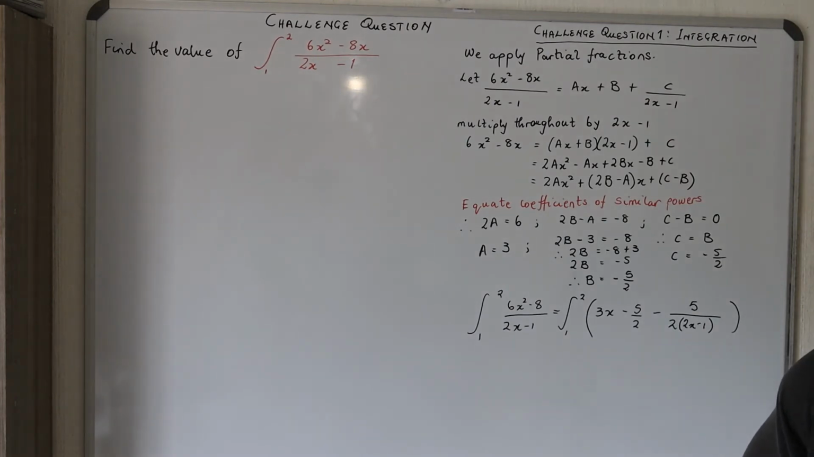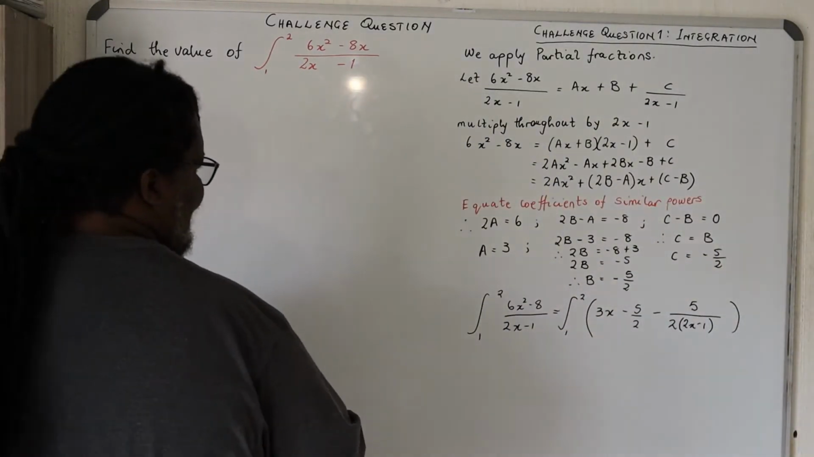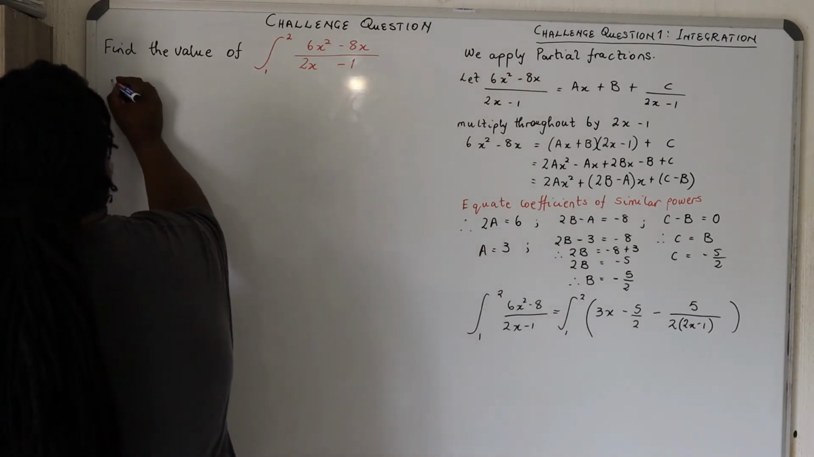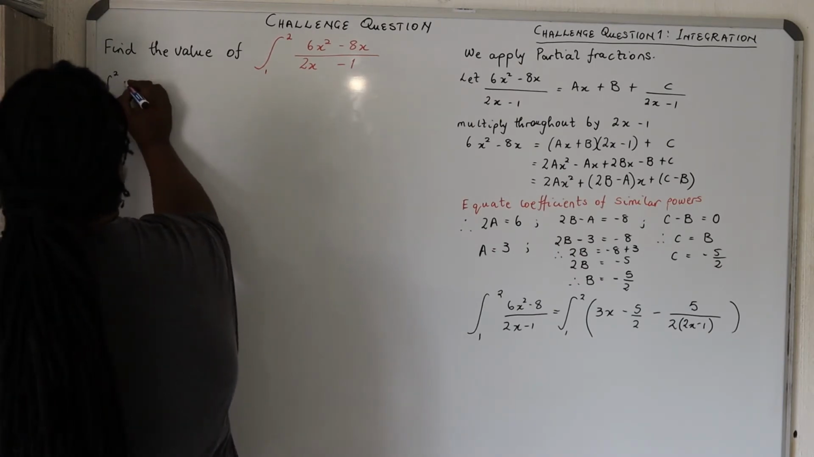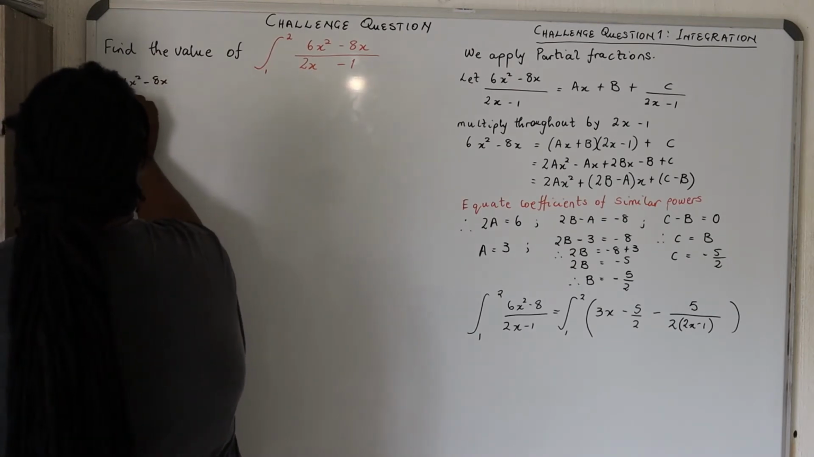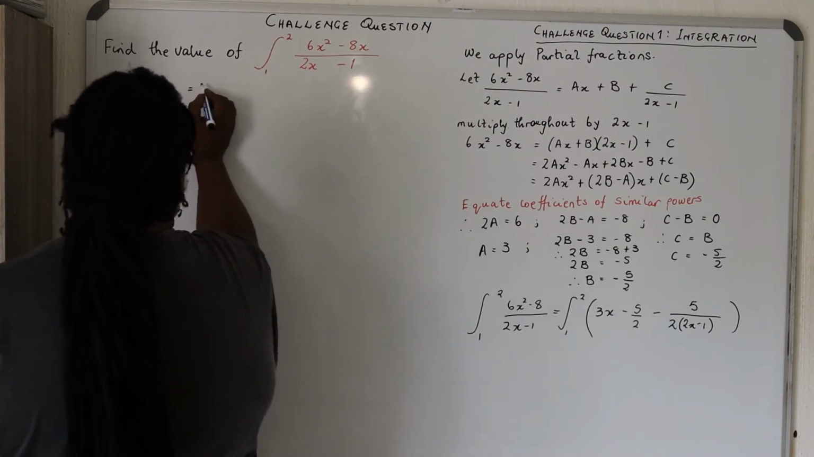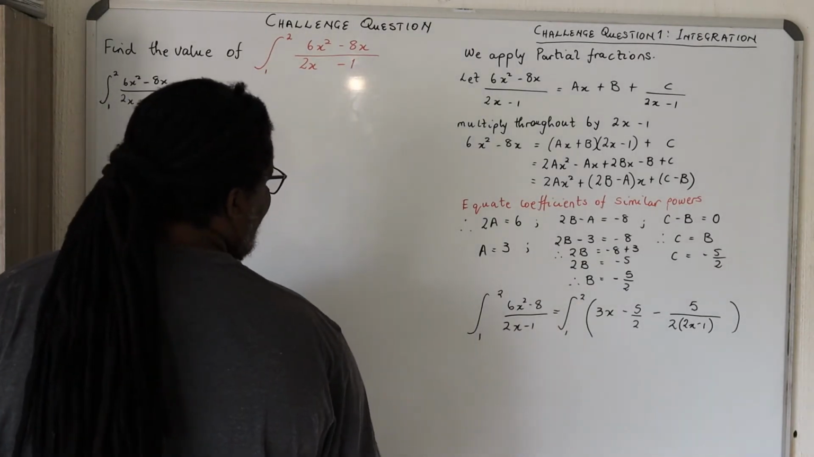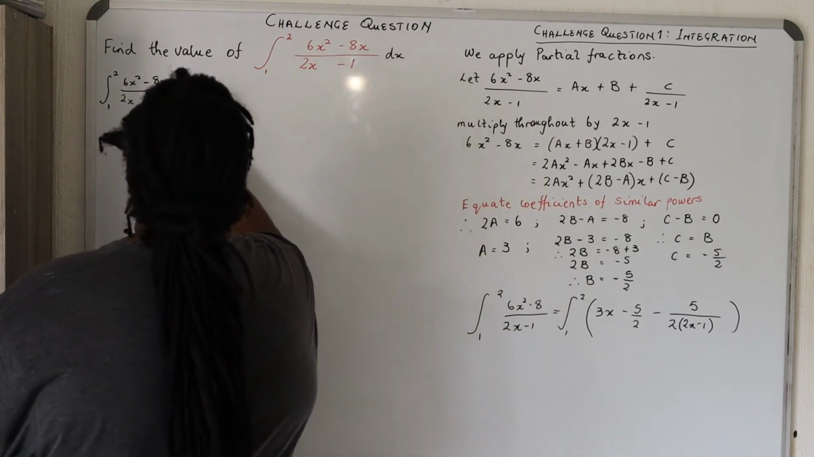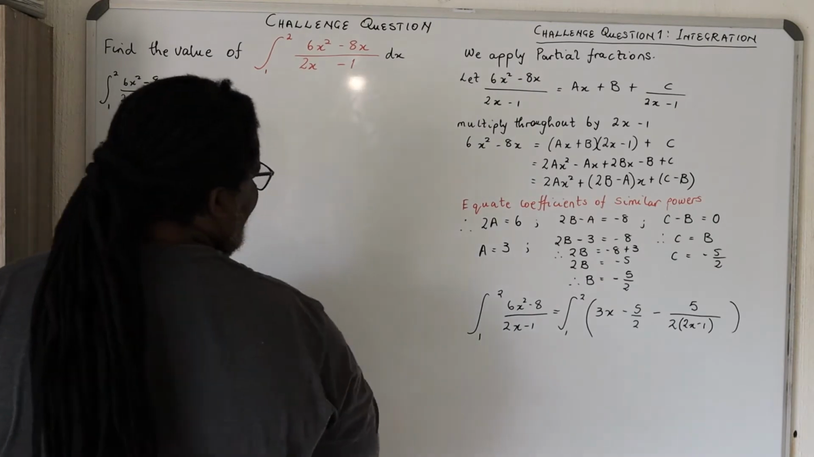So from there, we can then come here and say the integral from 1 to 2 of (6x squared minus 8x) all over (2x minus 1) is equal to, we write those integrals as individual. So here you can put your dx, and here you can also put your dx. Then we say that is equal to